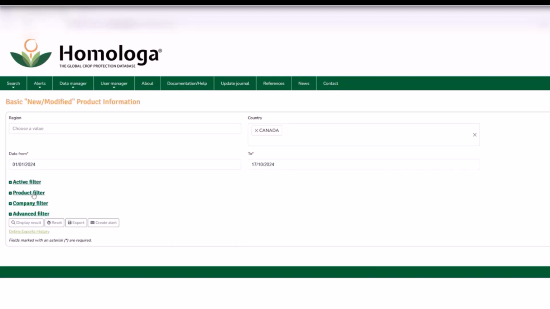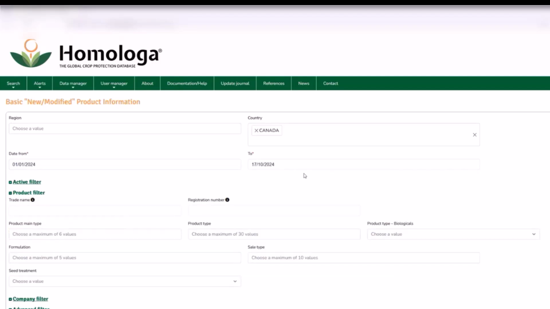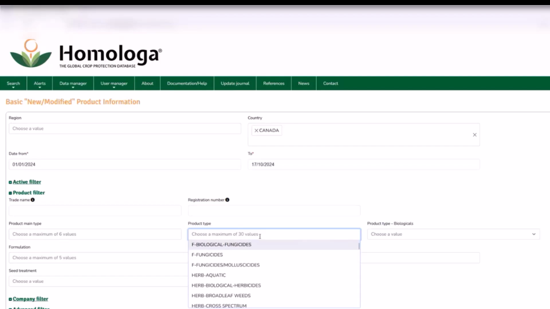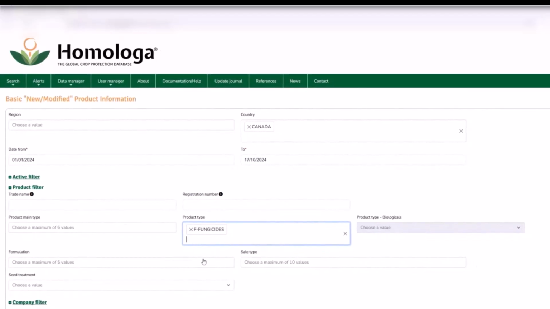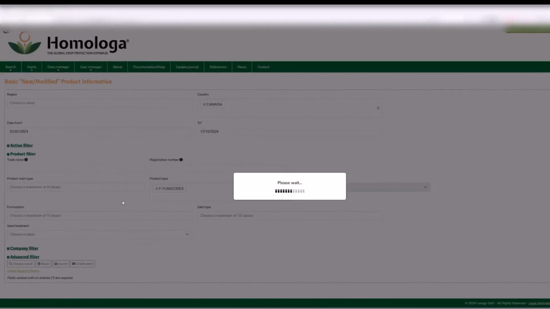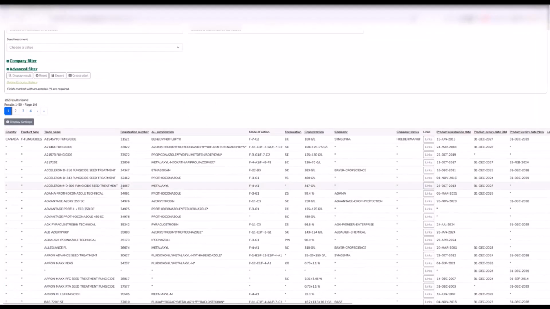Then I can go to the product filter. Under product filter, I need to spot this product type and I can open this filter and go ahead and select my fungicides. Basically, here I have now selected Canada and I am asking the tool to extract all the changes that happened in these 10 months related to fungicides in Canada. Now I am running this report, and the system is providing me with 192 results,